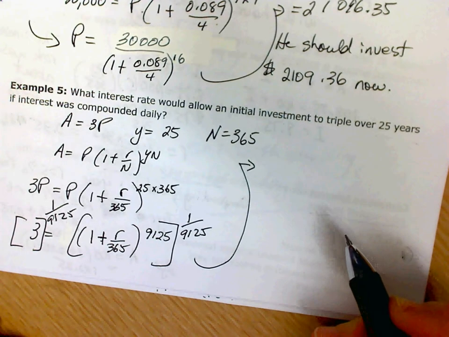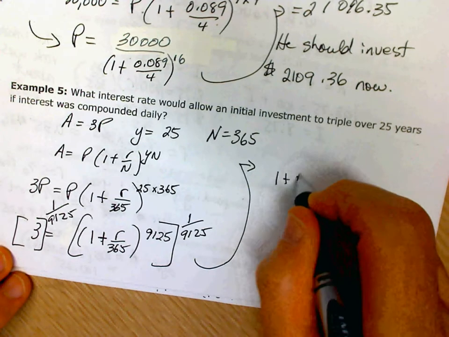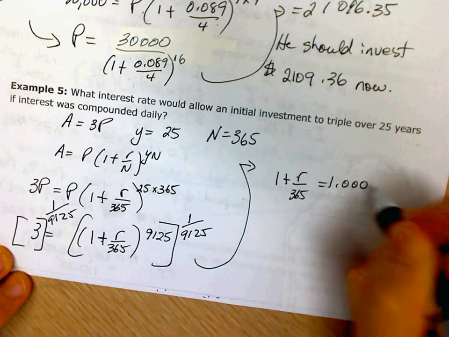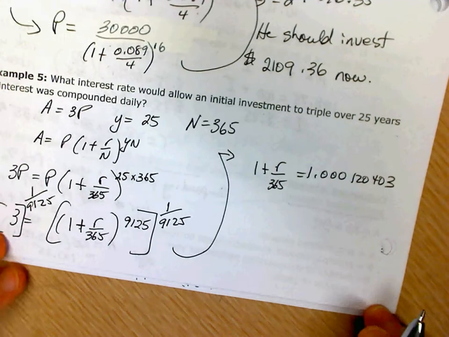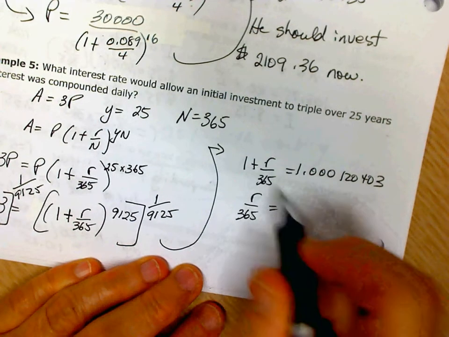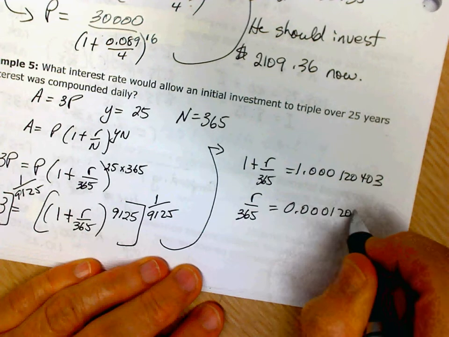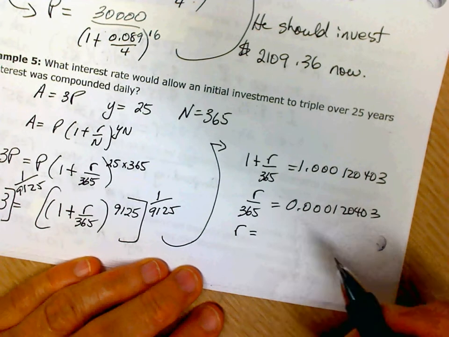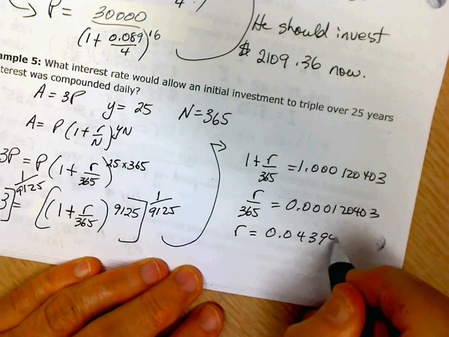So 1 plus r over 365. I'd like to know your button. I'd be interested in that. r over 365. Subtract 1 from both sides. So r is equal to 0.0439. So the annual interest rate is about